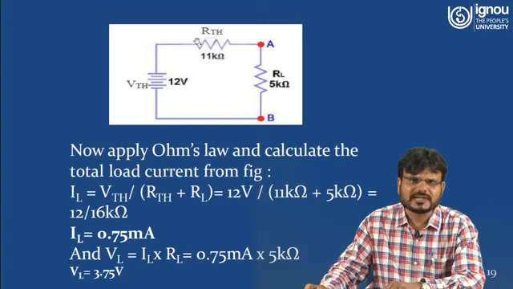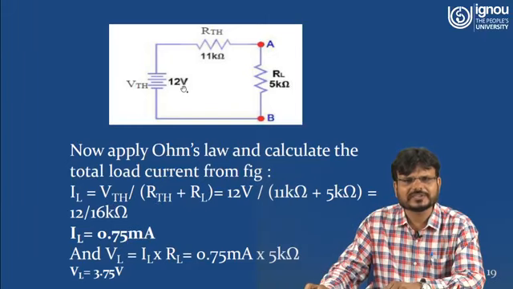Just connect this RTH in series with the Thevenin voltage, and the resistance that you replaced, that is the load resistance 5 kilo ohm, you connect here. Here you can see now this RTH is in series with the 5 kilo ohm. Now you have to find the current flowing through terminals A and B, or the current through this load resistance of 5 kilo ohm. So IL is equal to VTH divided by RTH plus RL.